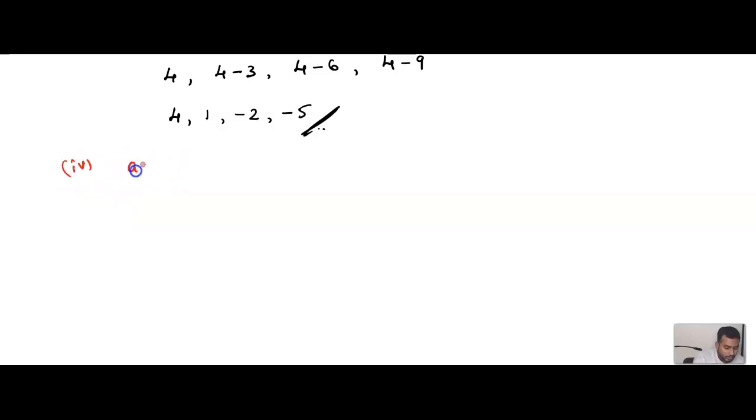Similarly, shall we solve one more case, that is option number 4. What is the value of a? A is minus 1 and the value of d is 1 by 2. Is this clear? Children, are you getting the steps? Solution. So what shall we write? Can you tell me? Very good.